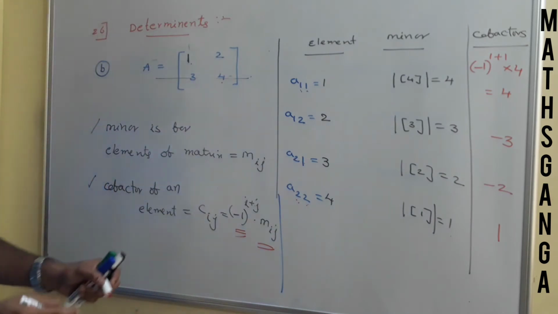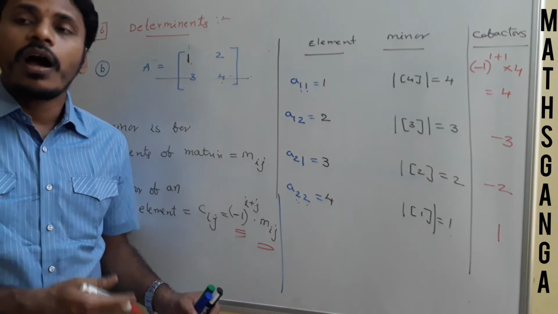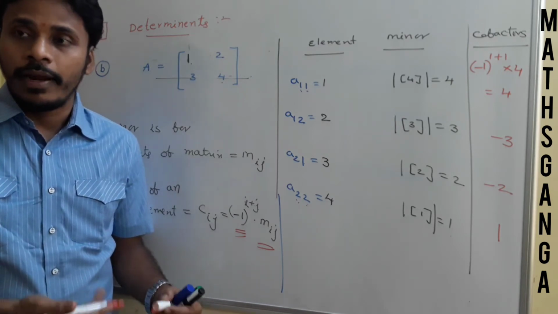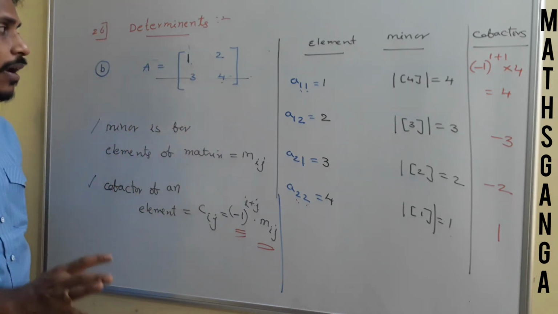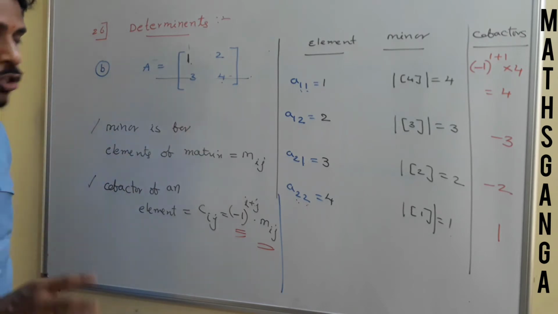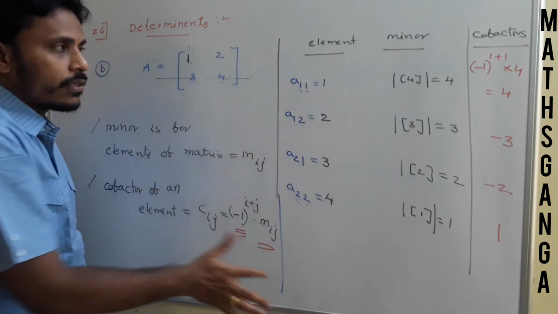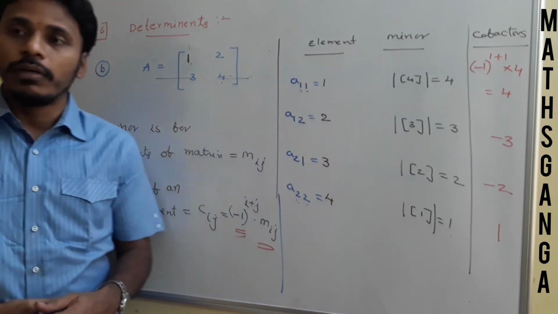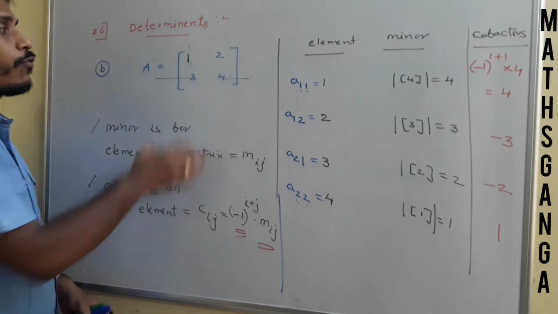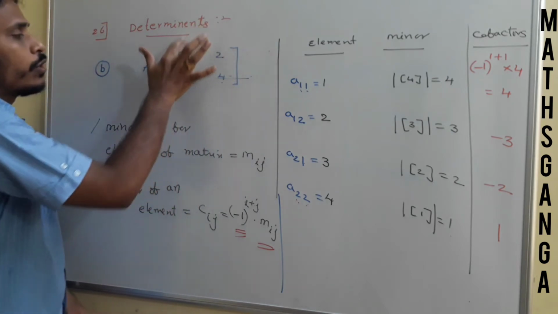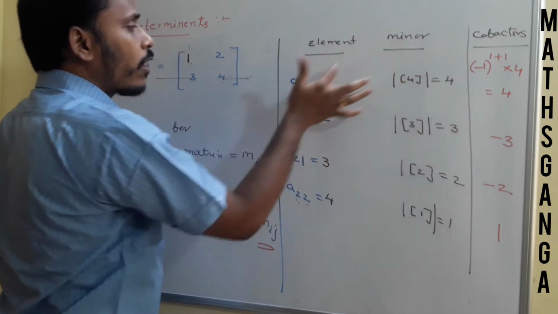So just have a look, for a 2 by 2 matrix we are dealing. Okay. And it is very helpful if you are dealing with the 3 by 3. And in the next point I will give you everything for the 3 by 3 matrix again. Just have a look. See, I have a matrix A: 1, 2, 3, 4. For that matrix 1, 2, 3, 4 there are 4 elements. And the positions of those 4 elements are like this: A11, A12, A21, A22. And these are the elements. And it is very clear that minors are nothing but the determinants obtained by eliminating the corresponding row and the column. See, if you are thinking about 1, you just leave that row, you just leave that column, the remaining is 4 and its determinant is 4. So this 4 is called the minor of this one.